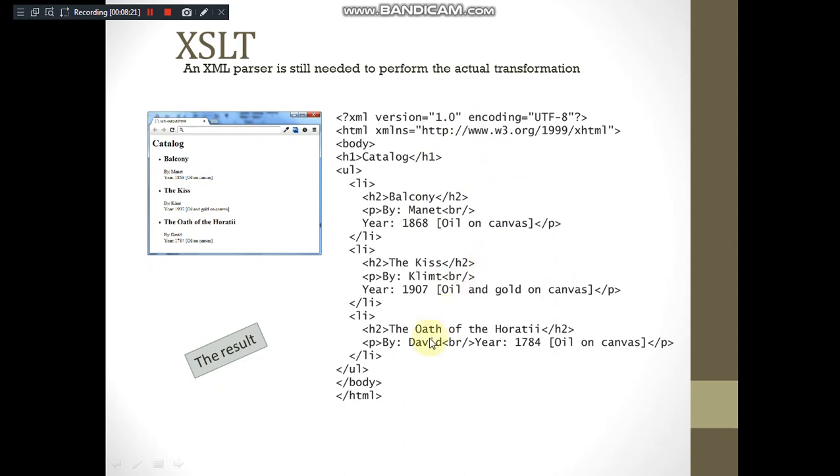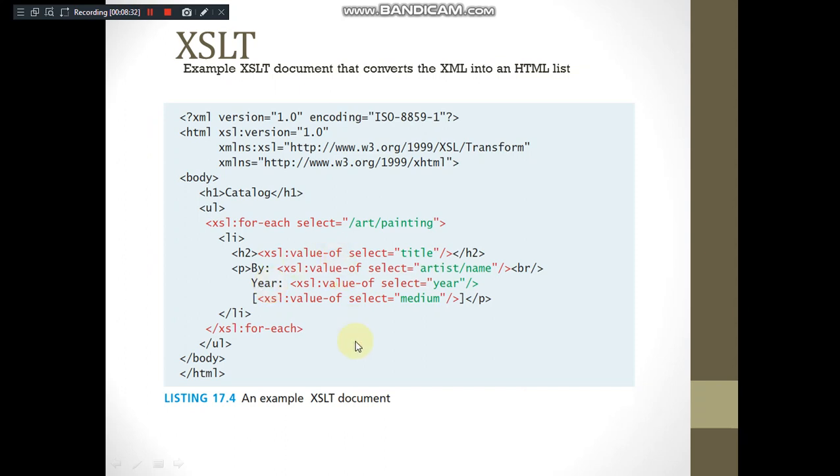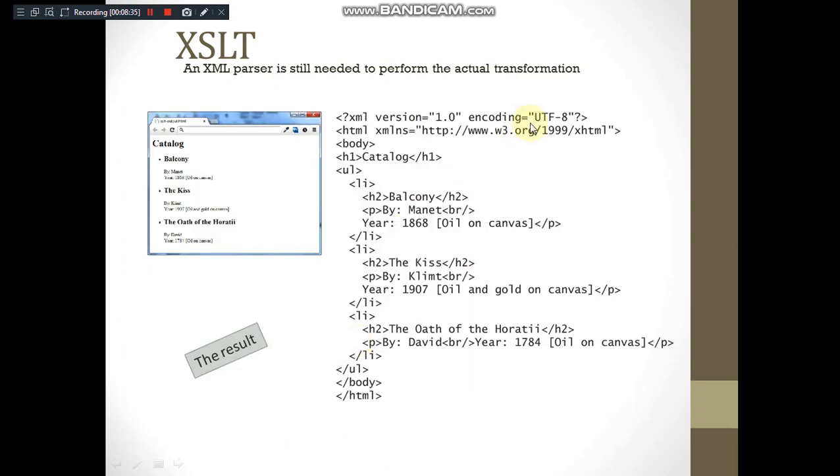So you can write it like this also. It is equivalent to HTML, right? You can display this output directly by this HTML as well, right? The code written here using the XSLT document is converted into an HTML document like this and produces the output like this. Okay, this is done by the XML parser. The XML parser is converting it in this format. This is the result of the XML parser, right? So you know about all these tags, which you have learned in the first module itself.